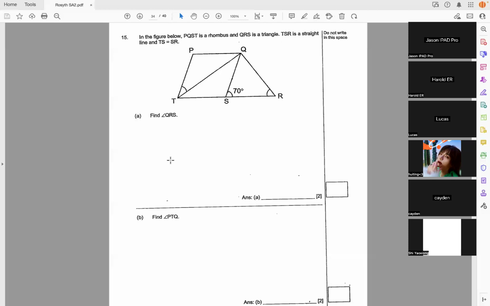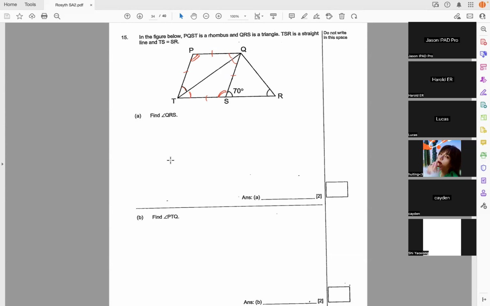In the figure below, PQST is a rhombus. Rhombus means they are the same. Okay, all these sides are the same. And in a rhombus, this angle is also equal to this angle. Okay, these 4 angles are equal. This is equal to this. Okay, this is a rhombus. Now, and they say